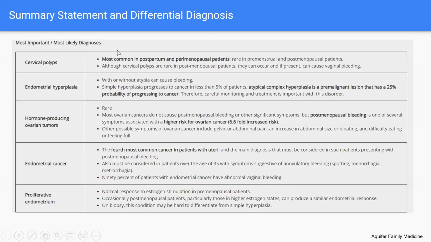So here's a more comprehensive table that talks about these things a little bit more. Proliferative endometrium just describes endometrium that is not hyperplasia, but is very similar to hyperplasia. Proliferative endometrium, if you remember, is what we see in the follicular phase of menses. So in premenopausal patients, this is actually normal if they're undergoing menstruation. But I agree with you guys that the endometrial cancer or hyperplasia, whatever it may be, should probably be highest on our differential, especially because it's one of those things that we don't want to miss.